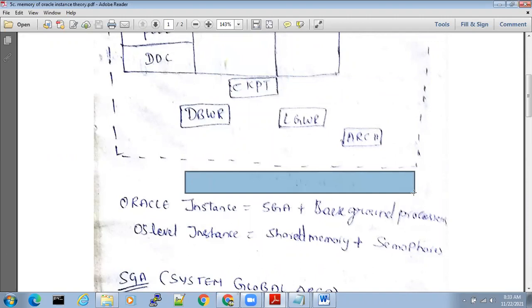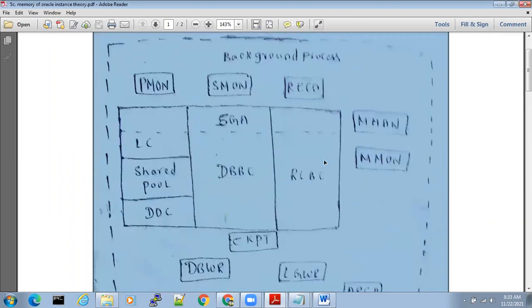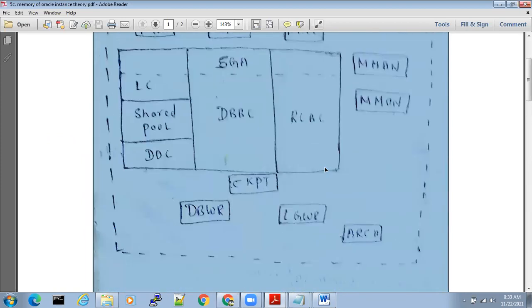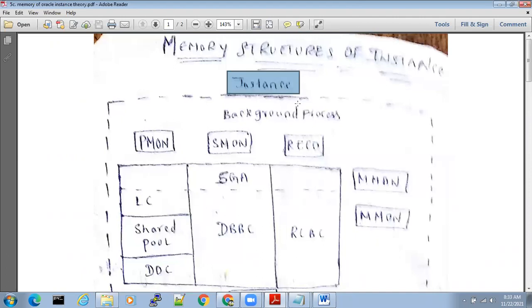Okay, so that's it. This is about the basic overview and understanding about instance. Now, finally, I want to conclude one thing. When instance is started, what do you mean by instance?